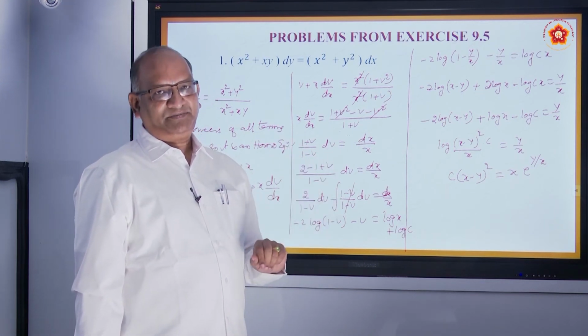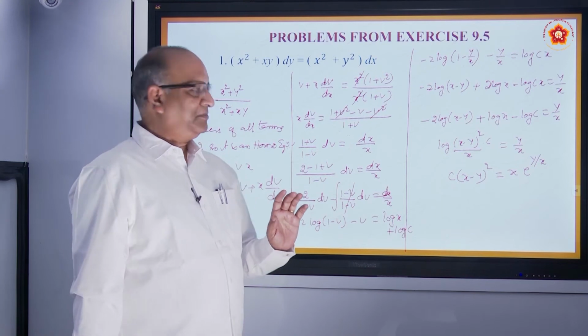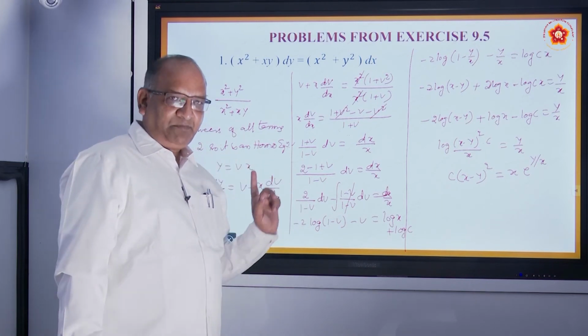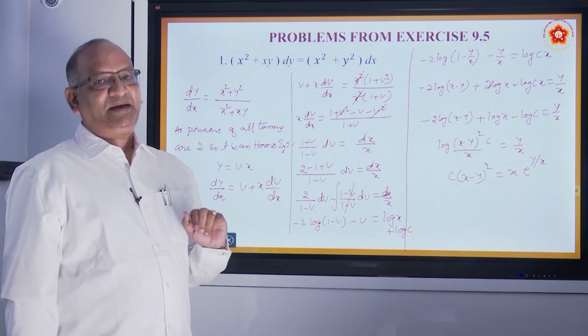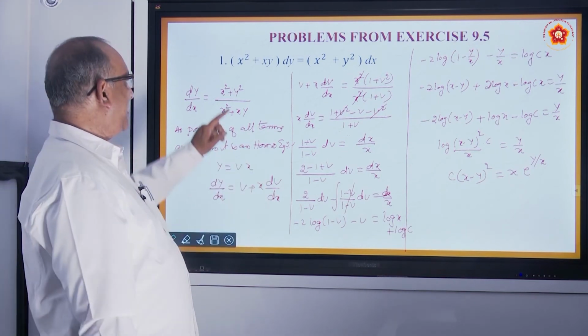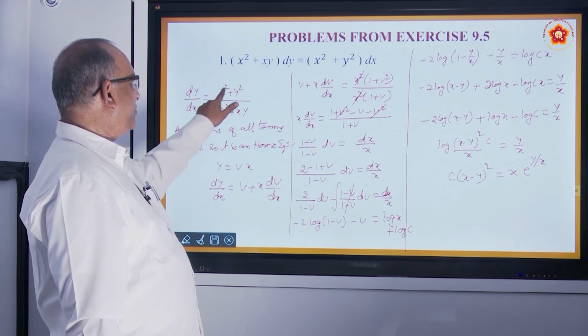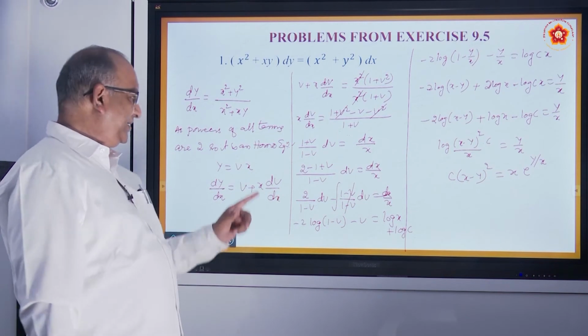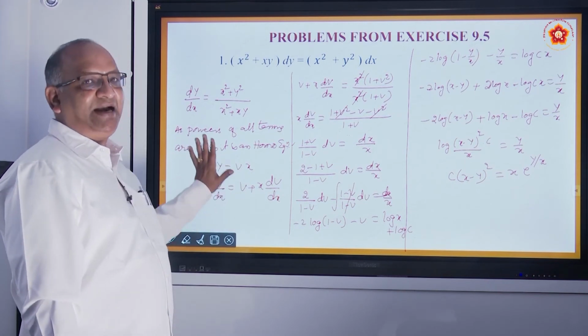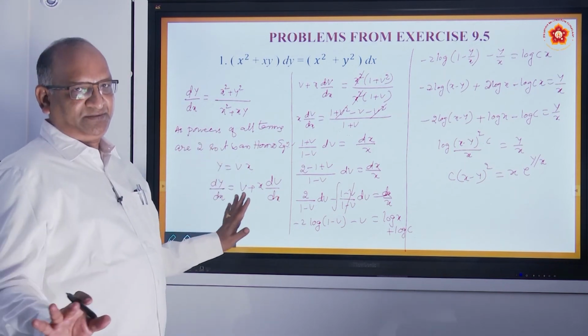That's how we got it. So this is the first problem, and you can see that the same procedure we are going to follow in every problem. What do you mean by that? First we will check whether the powers are the same. For example, here we found all powers are 2. So it is homogeneous. Once it is homogeneous, this substitution. This is also a standard substitution, no change.